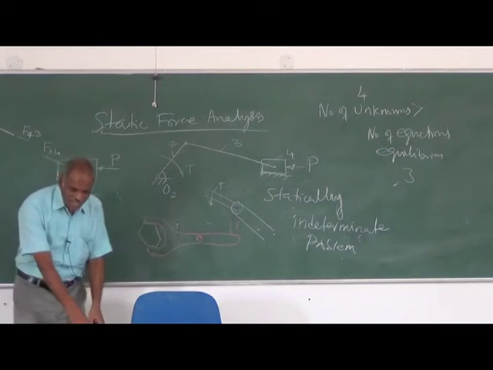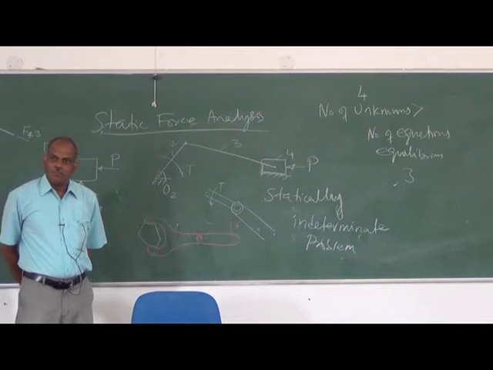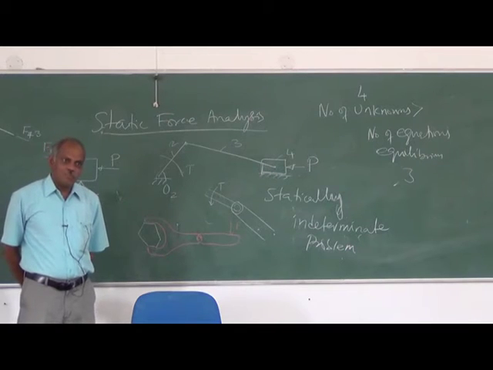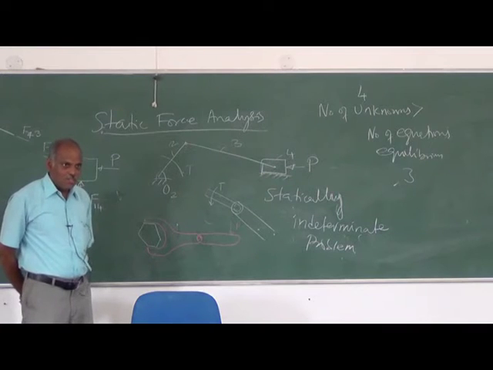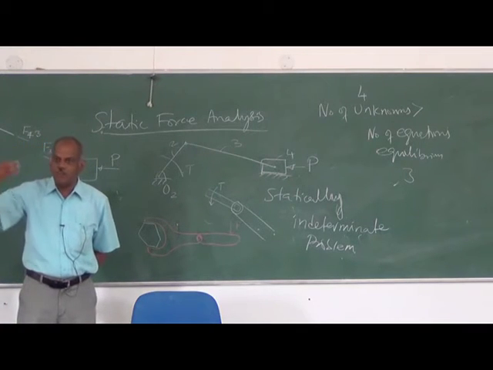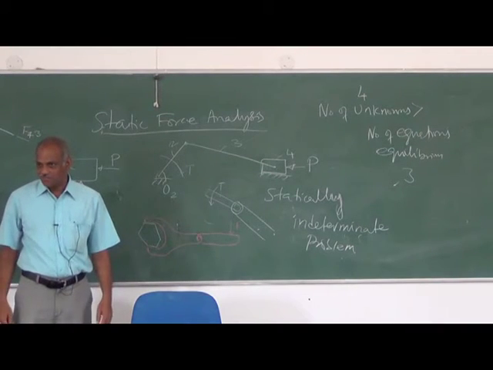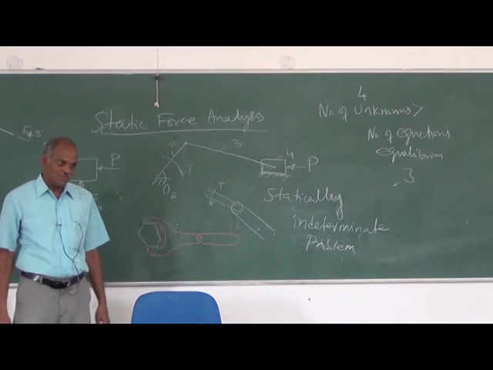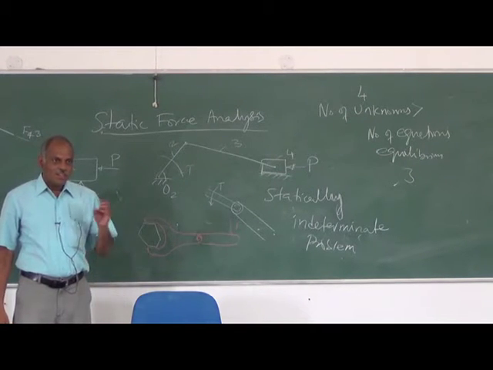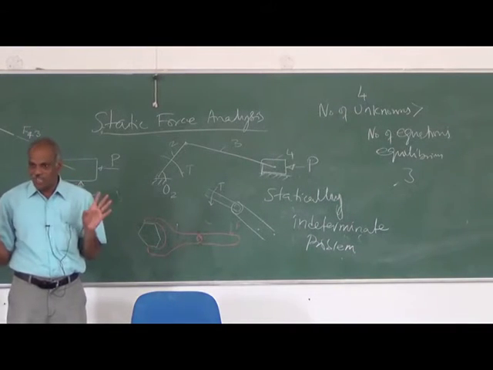Nobody can say what the exact reactions acting on this are. So how else can we find out? Go to the next level. Don't go for a calculation. Go for the next level of knowledge, that is, a measurement. If you use 4 sensors on the 4 legs, they will tell you what forces are acting at this instant. But it is not a unique value, so we cannot say that the next time also the same force will come.